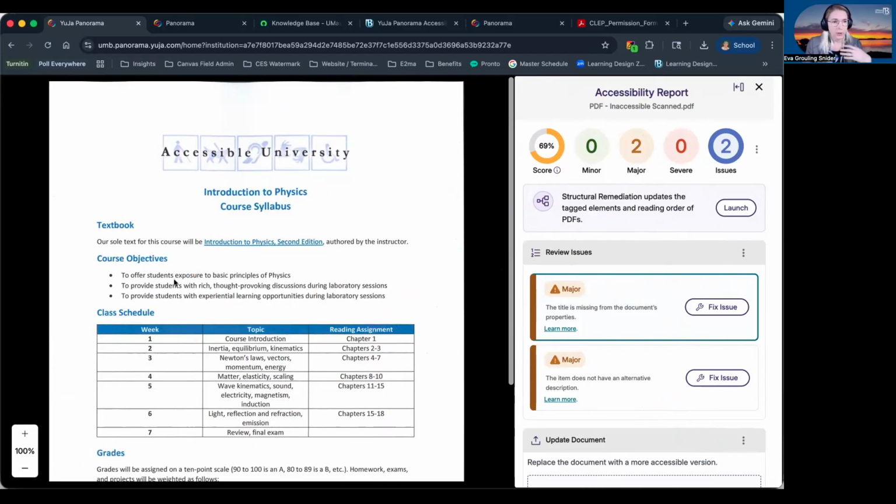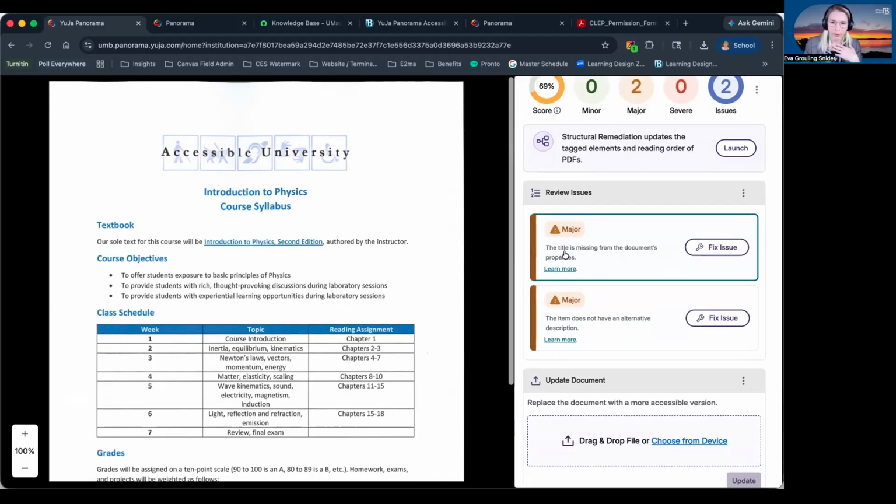Typically overlaid is going to keep the visual layout of the document identical. And so we've got this document now where, if I select the text, this is selectable text, this is interpretable text. Now we see that we have two new issues that have arisen. This is common if you take a PDF that's been scanned or in some cases untagged, and you run it through, you fix that issue, you'll see new issues pop up because these issues did not even exist until the document was interpretable by running it through OCR after it was scanned.